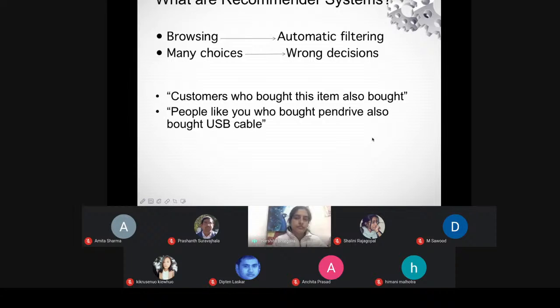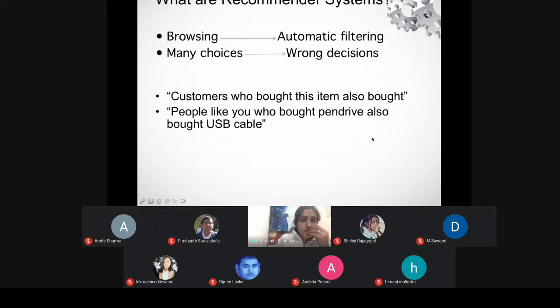So when we talk about recommendation systems, initially, when we talk about the internet, it provides you a variety of choices in the form of research articles, in the form of some information. It can be movies, audios, videos, music, etc. So these are all the items or the services that are provided on the internet.